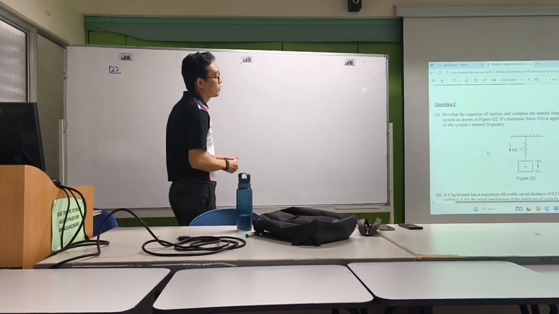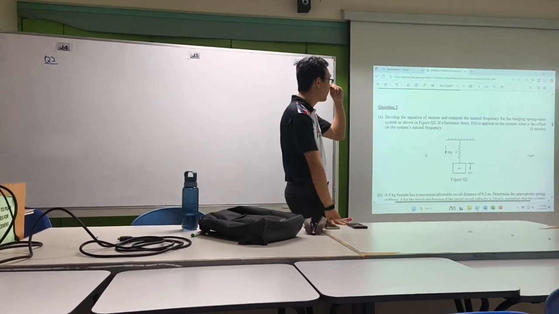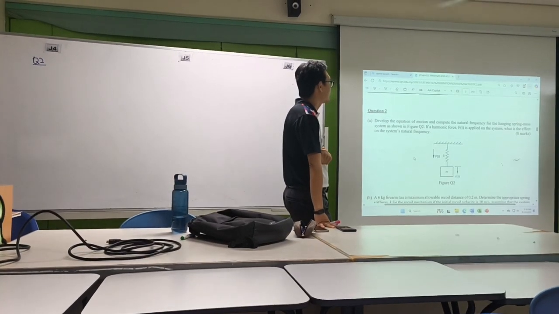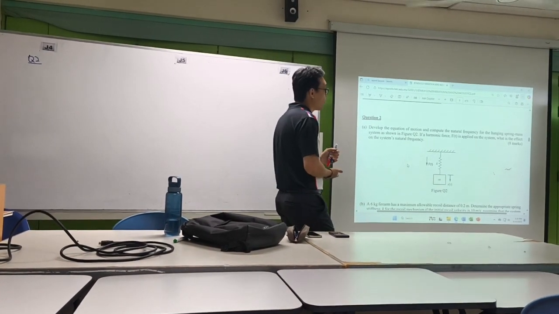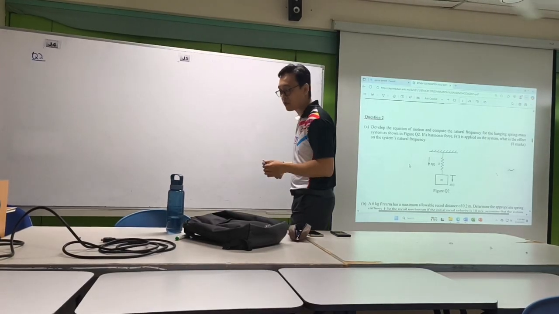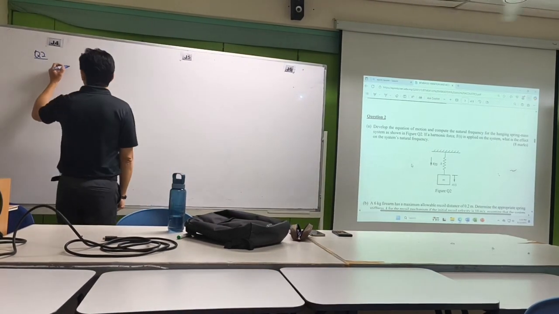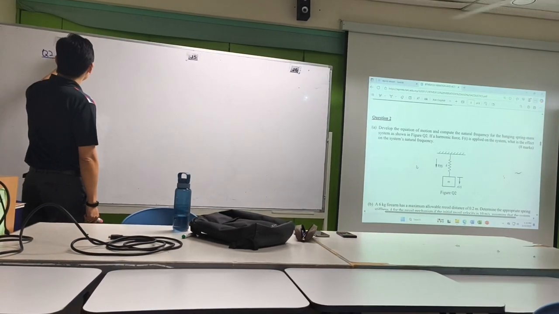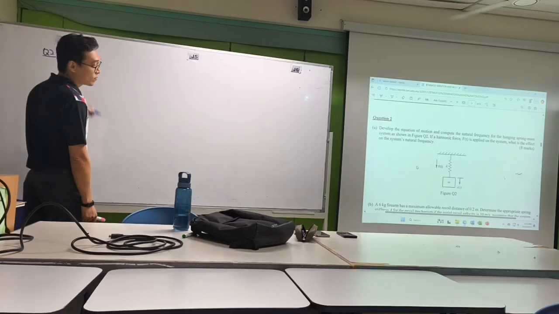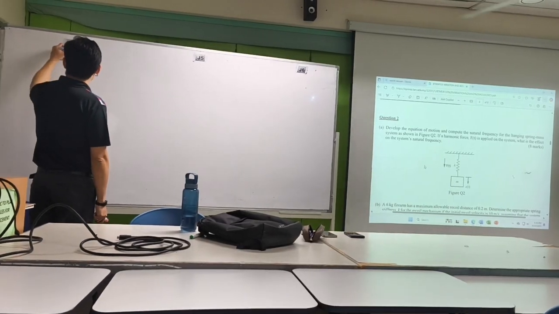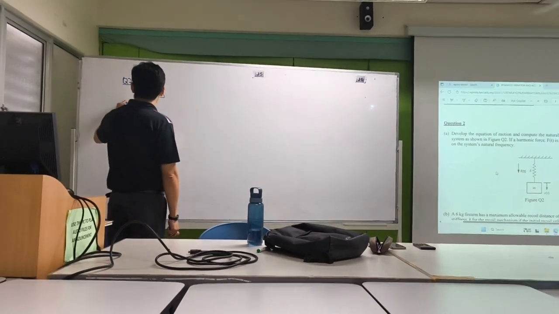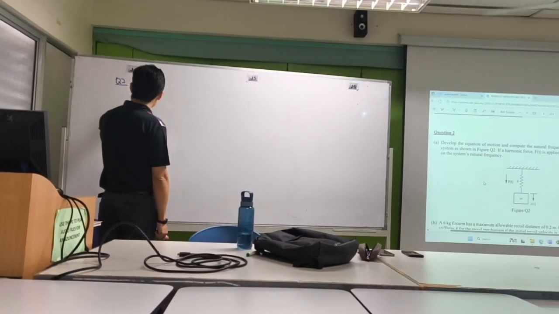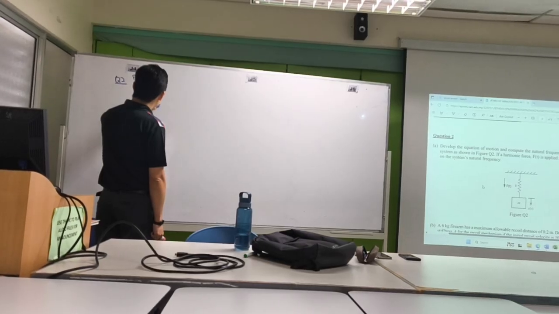Question 2. You will learn the equation of motion and compute the natural frequency of the hanging spring mass system. And then if a harmonic force is applied, what is the effect on the system natural frequency? So first you need to come up with a free body diagram: the mass, and then the force applied is X. Then the equation from the free body diagram gives the equation of motion. Total force equals